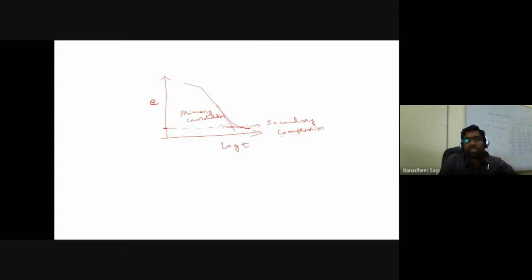Okay, so once we start looking at the region of your secondary compression settlement curve, I'm just trying to zoom it slightly like this. The slope of this portion of your secondary compression curve in between any two point time intervals, what we are trying to look at, is what we are writing as C alpha. And this C alpha is nothing but what we call the secondary compression index.